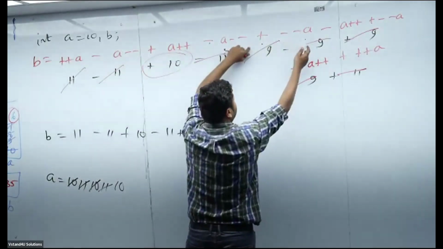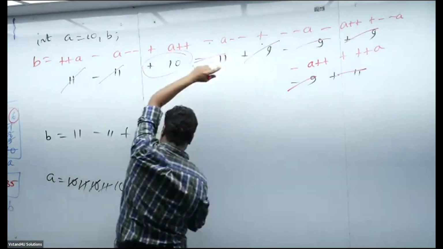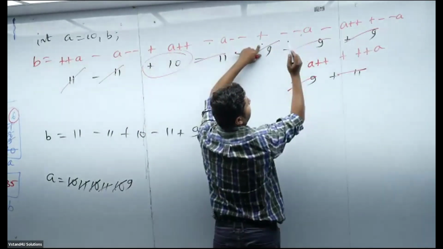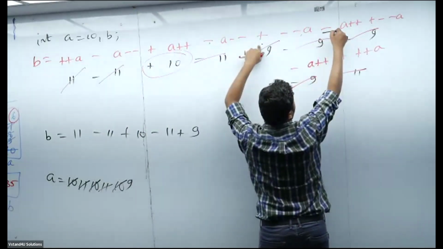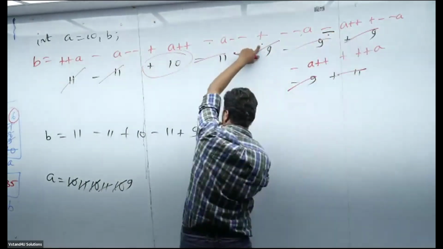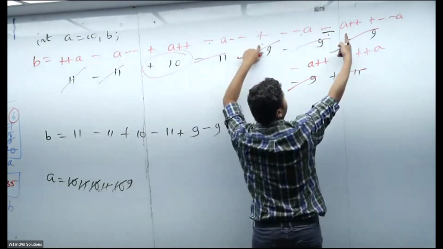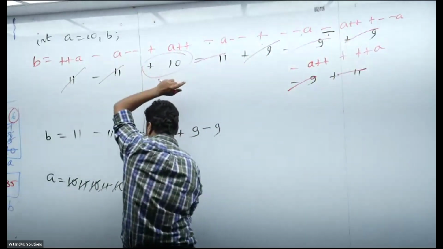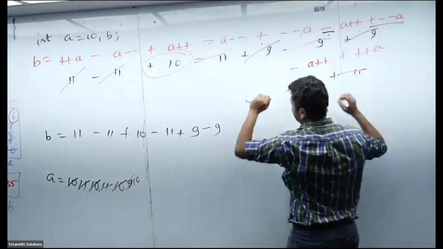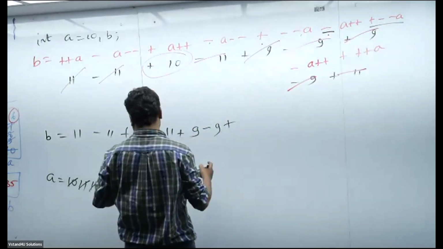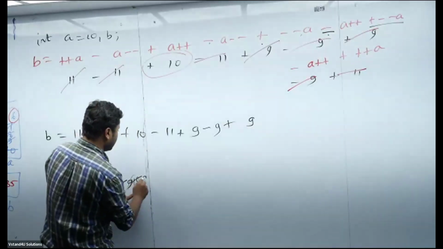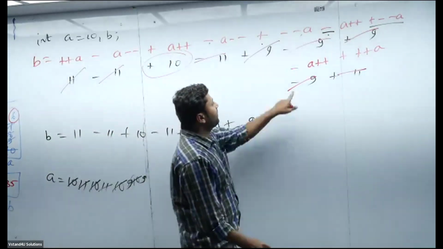Then minus minus. First you decrement. 10 is already there. First you decrement to 9. Then you consider the decremented value. Done. Am I right? Then this one will come. This says minus. A plus plus. Take the current value, that is 9. Don't forget to increment. Incremented. Done. Then I will be taking this value. So plus minus minus. So first you decrement. Then assign the decremented value. Done.